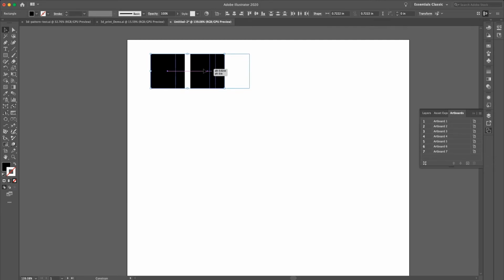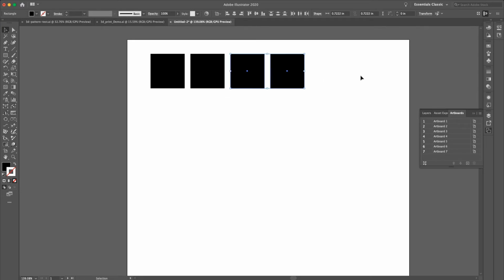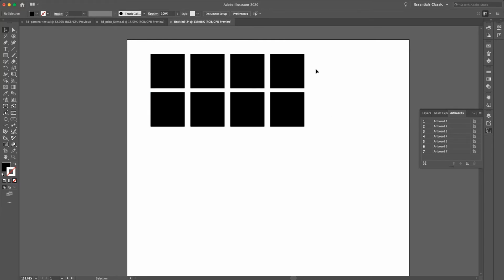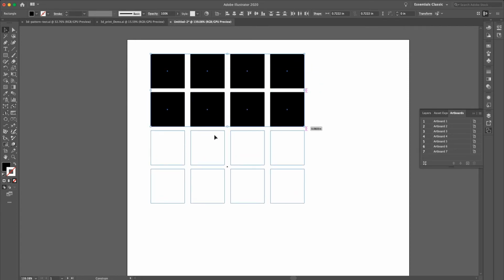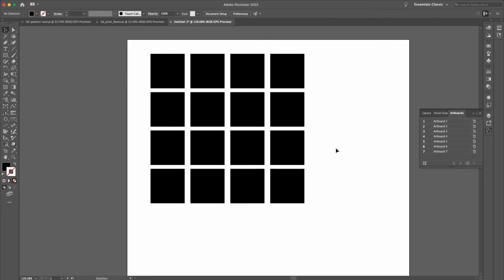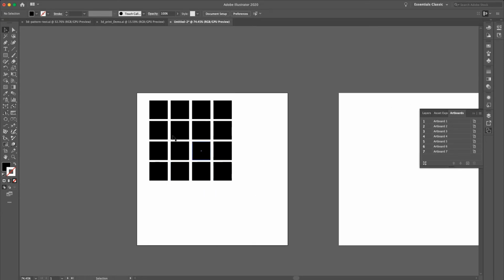whoops, and you're going to select both, holding shift again. But this is just an example of how I'm generating these patterns. You can use any shape you want, but this is the process. Okay, I'm just copying, pasting in front, and then just dragging them down. Okay, so what I'm going to do is group these, Command G,